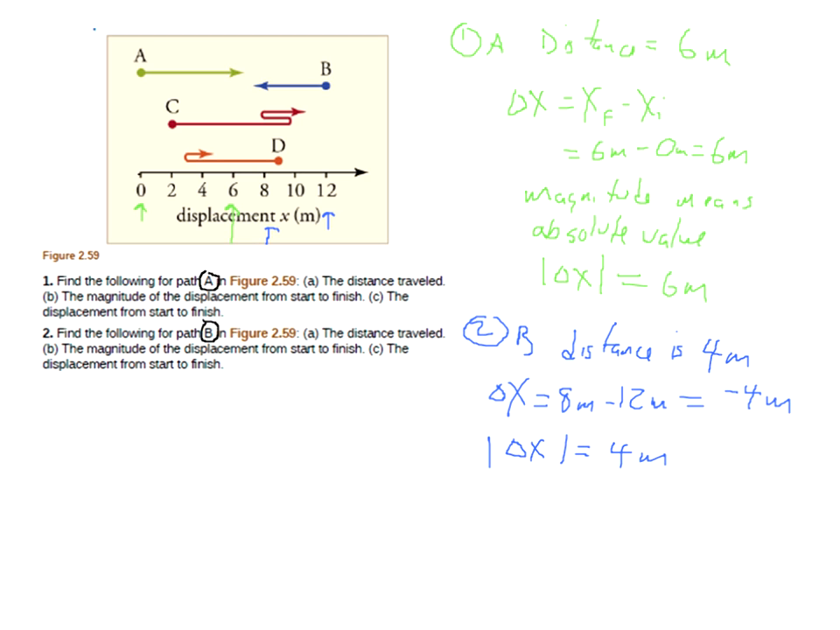So let's try a different one here. So let's say we start at, so let's pick a letter E. So we go here to here to here. So letter E, we're starting at 4. So the distance traveled